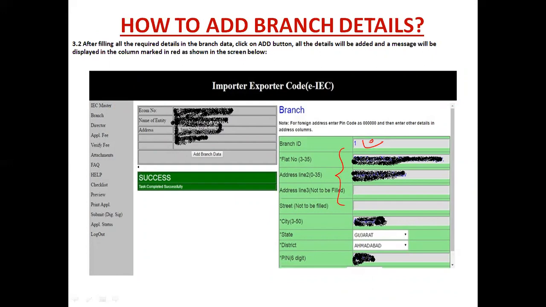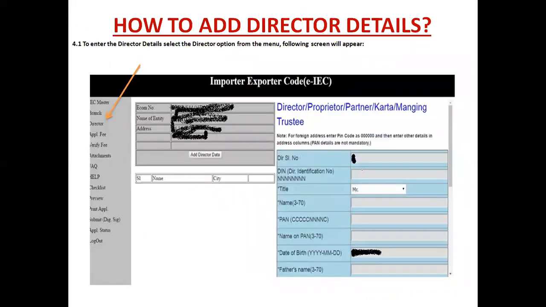If you are running from your head office only, then mention 0 and go ahead. Okay. Second step is director. You need to enter the director's serial number 102. In most cases, if you have a proprietorship firm, then just one is better. If you have more than one, then mention them over here and give their identification number, which is known as DIN number, director identification number.